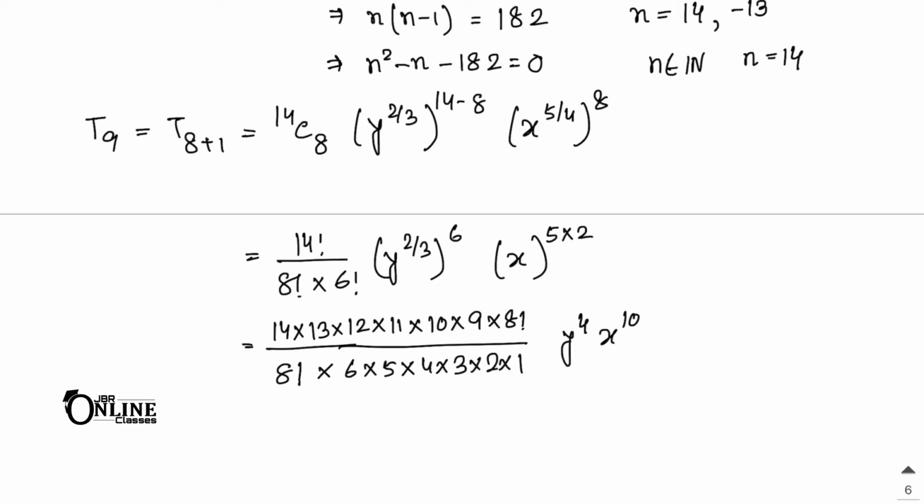Okay, y to the power 4, x to the power 10. Now here 8 factorial cancels out, 6 cancels out with 12, it becomes 2, 5 cancels out with 10, it becomes also 2, and that 2 will be cancelled out. Here 2 4s are, sorry, 2 2s are 4, and here 2 7s are 14. 3 cancels out with this one, it will be here 3, and 2 cancels out that one. So now you have here 7 into 13 into 11. Okay, 7 into 13 into 11, that equals 3003 y to the power 4 x to the power 10 as your answer.